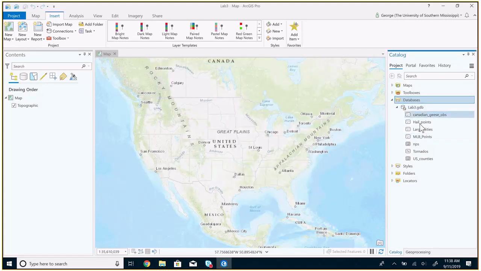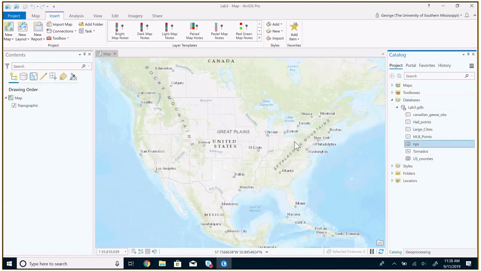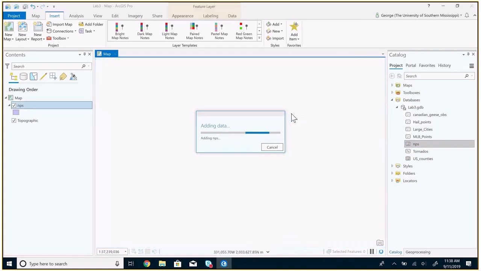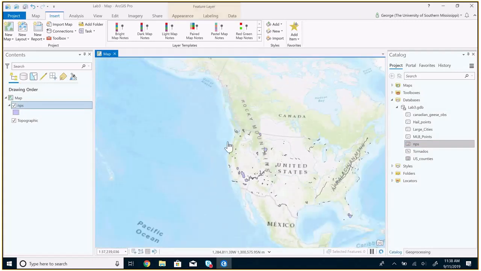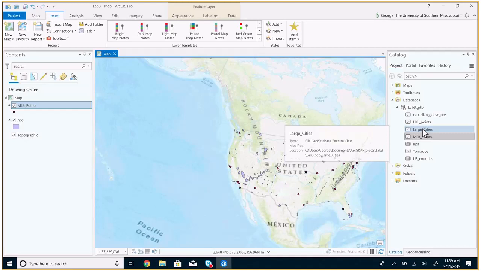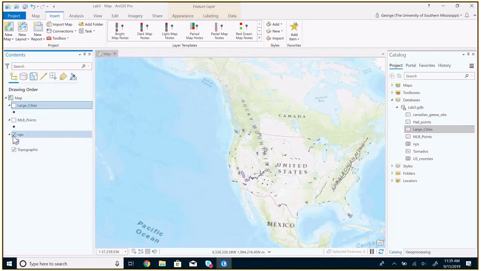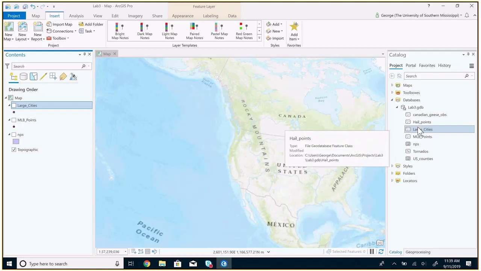All right, so I've put a number of different data sets in here. I have the National Park Service lands here. Okay, so there's National Park Service lands. I have all of the current Major League Baseball teams, like their stadiums. I've got large cities. I've got a few different layers to play with. The ones that we'll be using in the lab, I'll go ahead and turn these off for a second. But the data sets that we'll be using in the lab are actually this